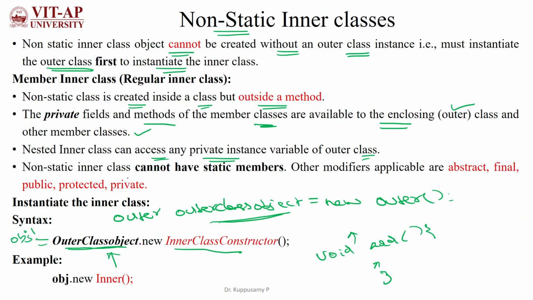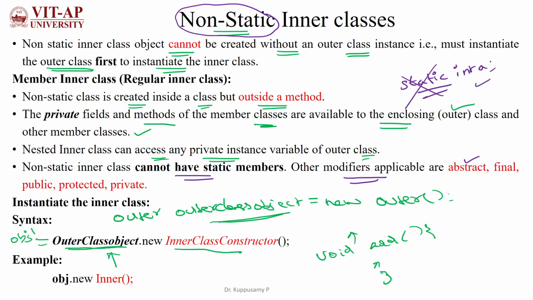And a non-static inner class cannot have static members, because the name itself is defined as a non-static inner class, so you cannot define a variable like static int a. This is not possible in a non-static inner class, but other modifiers you can use to define the variables, like abstract method, final variable, public access specifier, protected access specifier, and private access specifier, to define the